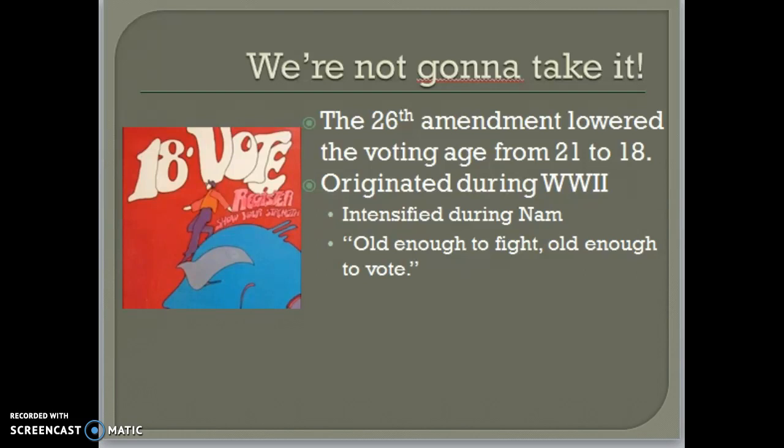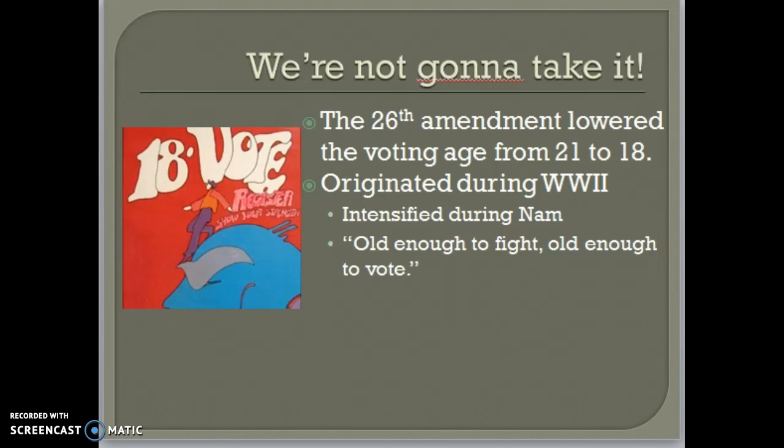I always think about Twisted Sister when I think of the 26th Amendment. A bunch of people just not parading, but marching in the streets. We're not gonna take it. And that's really what it is: the young people were sick of it and they weren't going to take it anymore. The 26th Amendment lowers the voting age from 21 to 18, and you'll see that poster on the left there. That's an actual poster from the campaign to lower the voting age, and